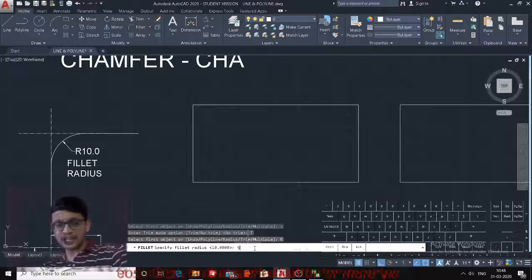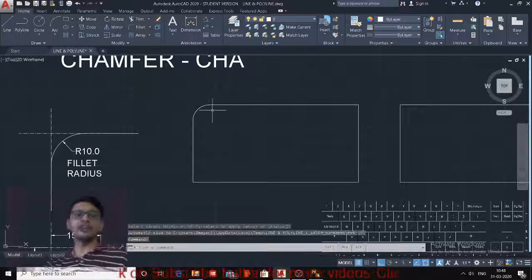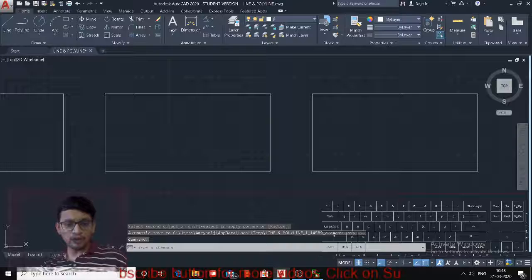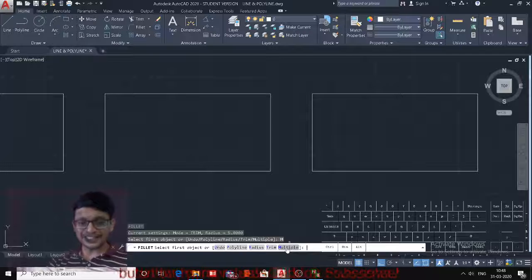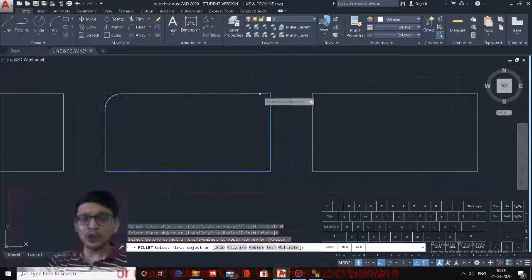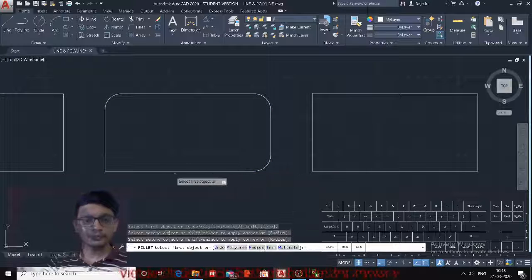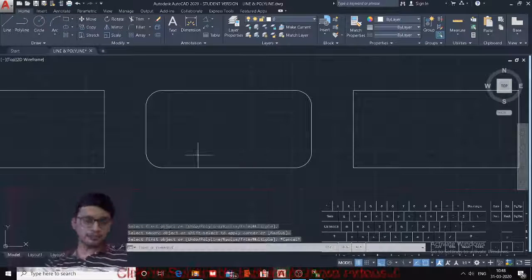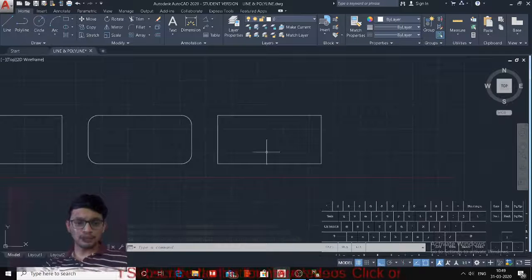So I will just change that radius from 10 to 5, and then I am selecting one entity, another entity, fillet will be applied. Now let us say I want to apply fillet for multiple entities. I will select a multiple option, keeping other options same, that is trim is on and radius is 5. Now I can select multiple entities without getting out from the fillet command. Then you can press escape once you are done. So I can select multiple entities of fillet in one command with multiple option.